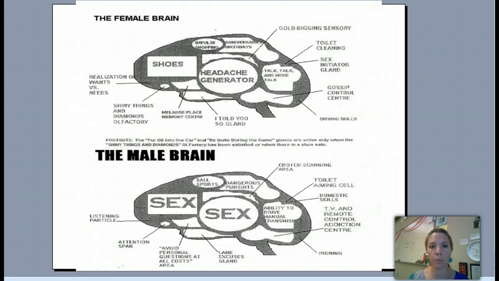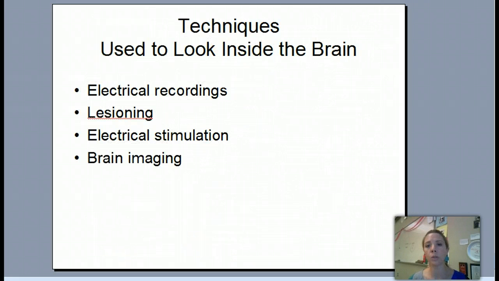Okay, so we're going to talk about a couple different things. The techniques used to look inside the brain. So how do we know the different parts of the brain before we go through memorizing the amygdala versus the hippocampus versus the cortex? How do researchers, scientists even know that these different parts exist and where they start and stop and so forth? So we're going to look at 4 different ways that scientists have used to look inside